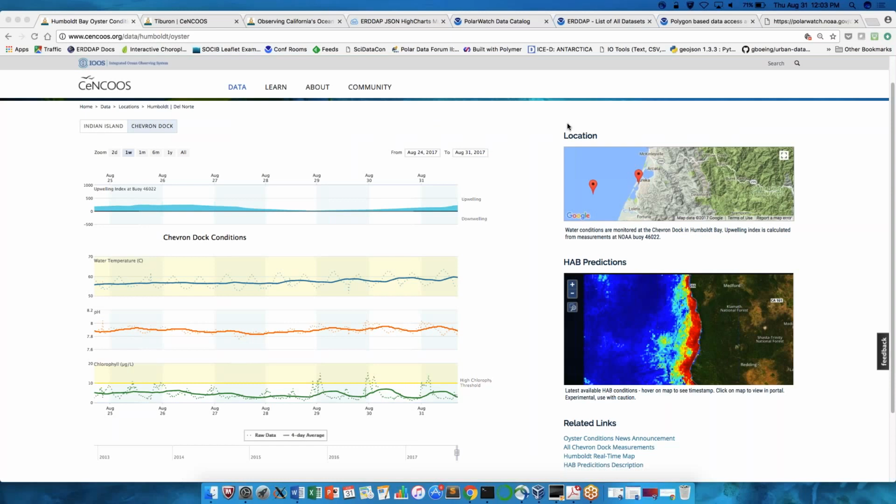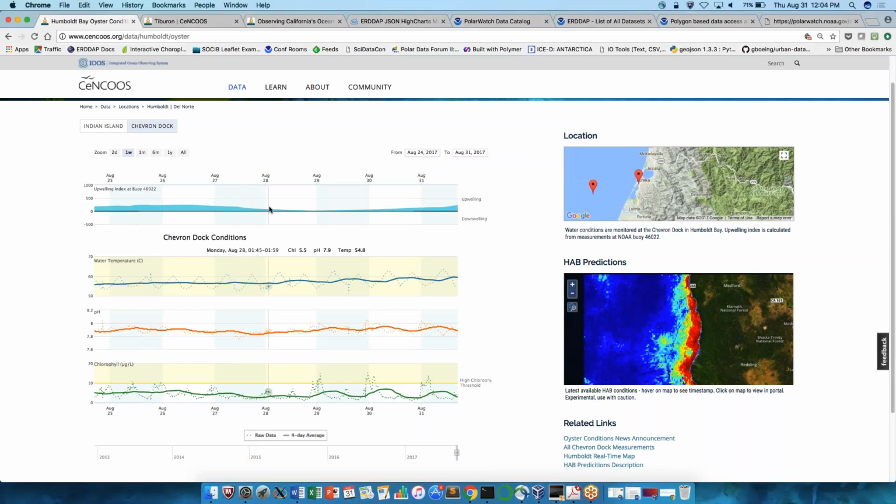Yep. All right. I'm Jen Savagian, formerly Patterson, and I'm going to show some tools today that visualize real-time data from ERDDAP for different Senkus and Polar Watch projects. The first one is this oyster conditions dashboard, which is used by oyster farmers to provide them with real-time information about environmental conditions that can impact their crops. This has interactive time series plots of upwelling, water temperature, and other environmental variables that can impact